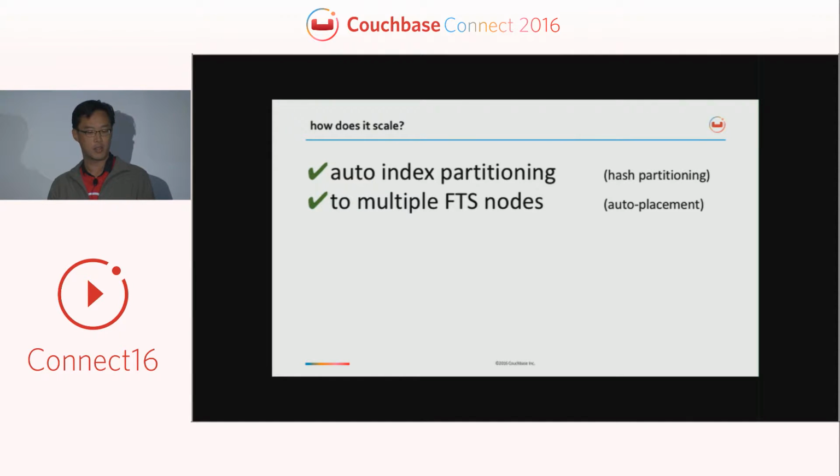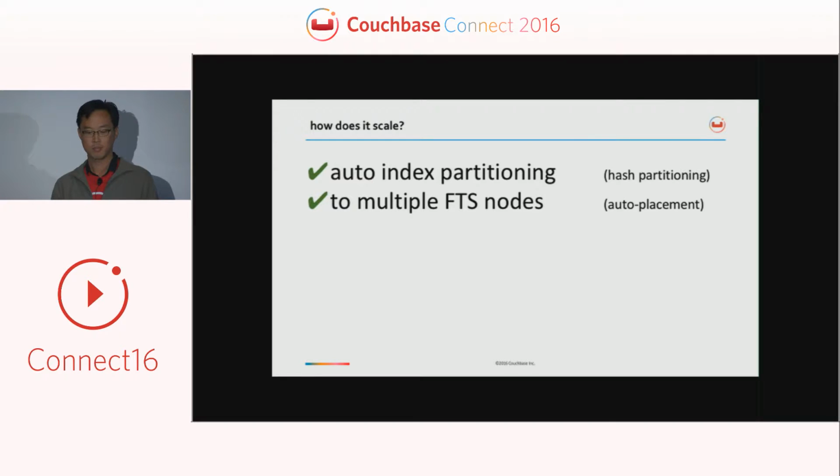One thing about this is the full text search feature supports what Couchbase calls multidimensional scaling, so that as you add more nodes to your cluster, you can choose, this node should be a data node, this node needs to run data and query, this node needs to run just FTS. You can have granular choice of what services you want to run on what nodes. So you could have every node running every service, or you could say some nodes are just running the FTS